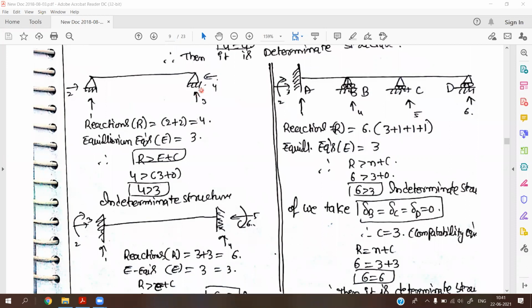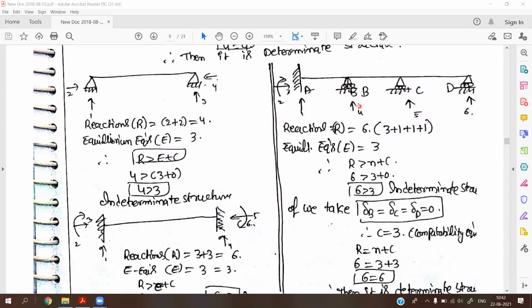Okay, if a simple support has one end as an immovable hinge support, then this type of beam is also an indeterminate structure. If a continuous beam has more than two supports, then this type of beam is also an indeterminate structure, because we have three spans, 1 2 3. Here the fixed support has three reactions, and each roller support has one reaction.